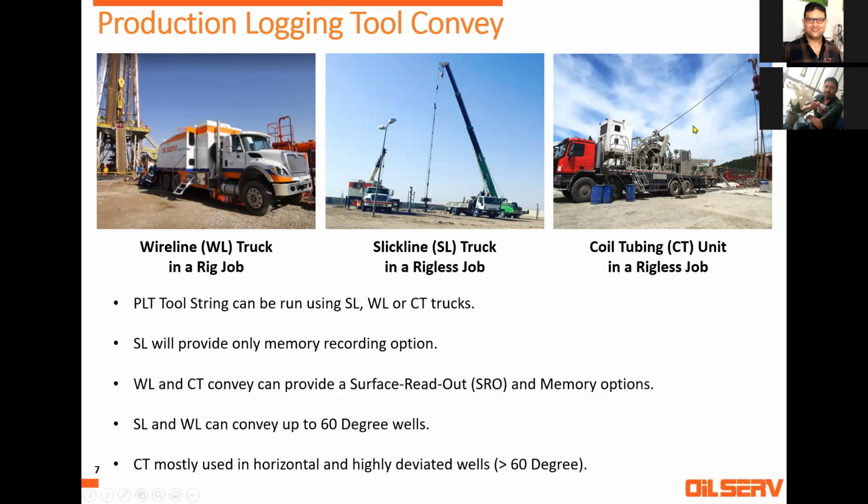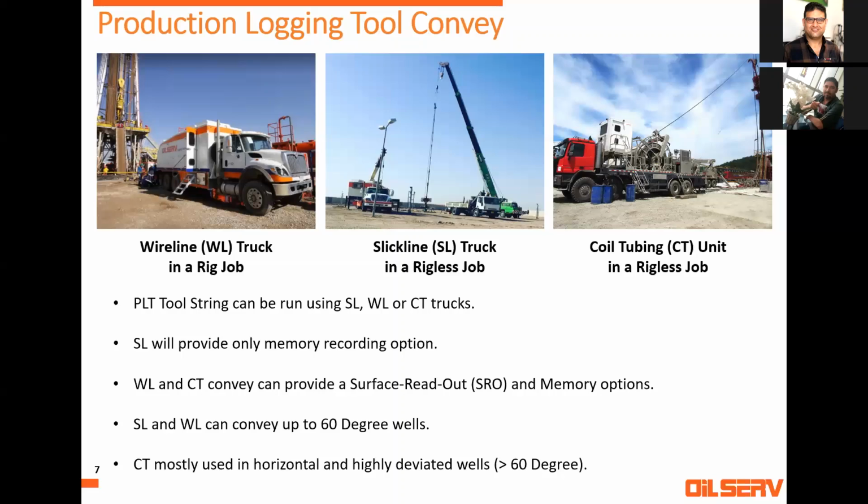Few points here. Slickline is the cheapest option. Even the data quality is comparable with slickline and coiled tubing. There is no difference. Also, you need to send a senior wireline engineer with the slickline job, with the tool, to connect the tool. After he runs the tool on memory, he cannot see anything. After he gets the tool on the surface, he needs to extract the data using a tedious operation. It's a very tedious operation to get the data from the memory tool, but still cheap because it's run on slickline.